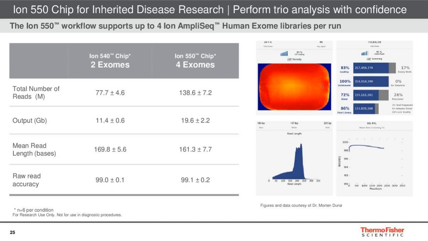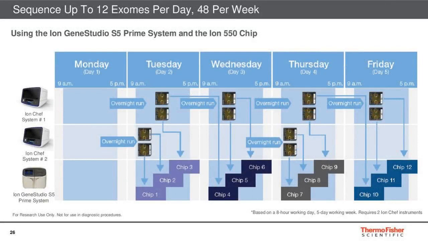If you need to run fewer samples, the Ion 540 chip supports up to 80 million reads and is an excellent choice for running 2 exomes. One of the advantages of the Ion workflow is the ability to scale with your research needs and sample volume. For higher throughput needs, you can run up to 12 exomes per day and 48 per week. To do this, you will need 2 Ion Chef systems and 1 Ion GeneStudio S5 system to achieve the